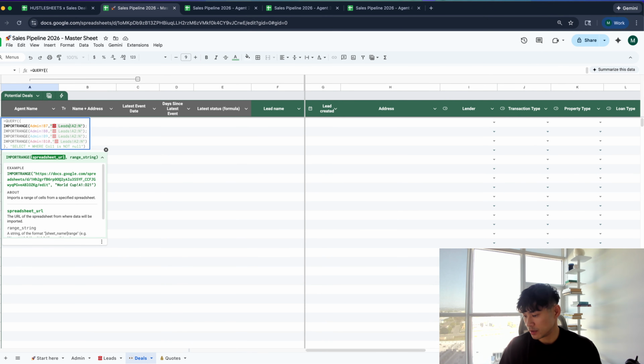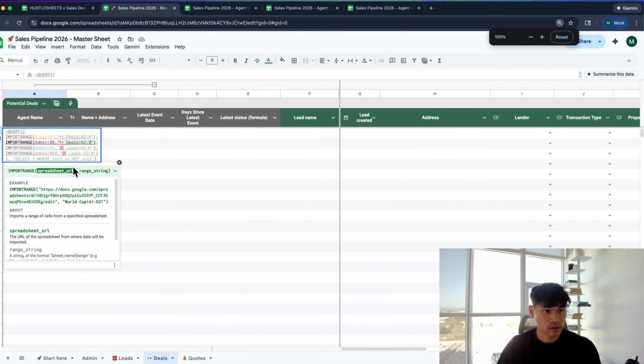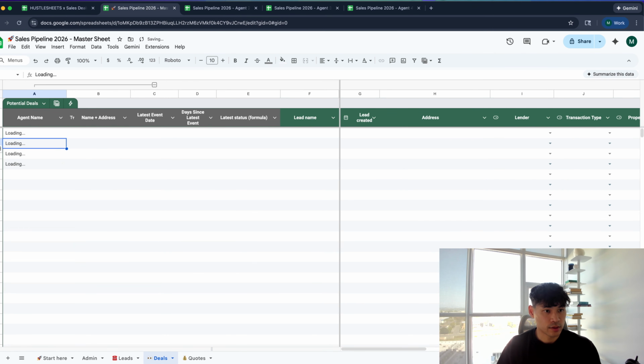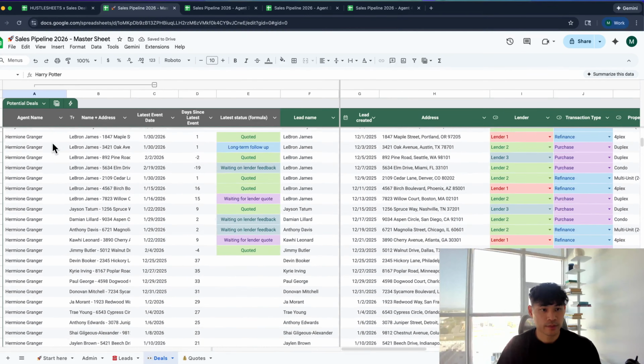So instead of putting in this, I'm going to change this to A2 to V. Oops. Copy this. Do this. Do this. Do this. Boom. Beautiful. Now we can look at